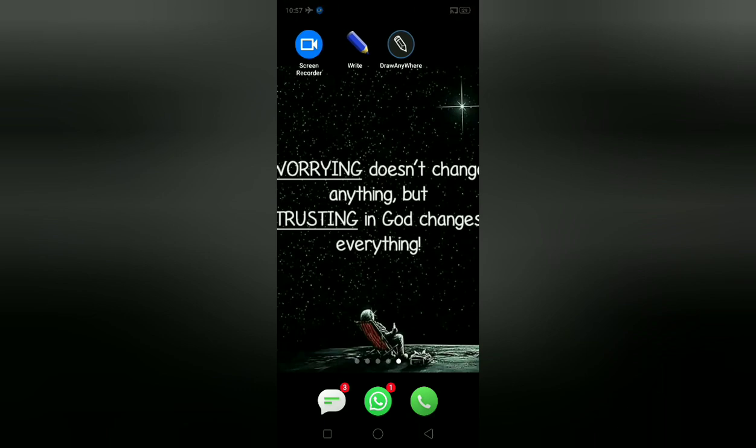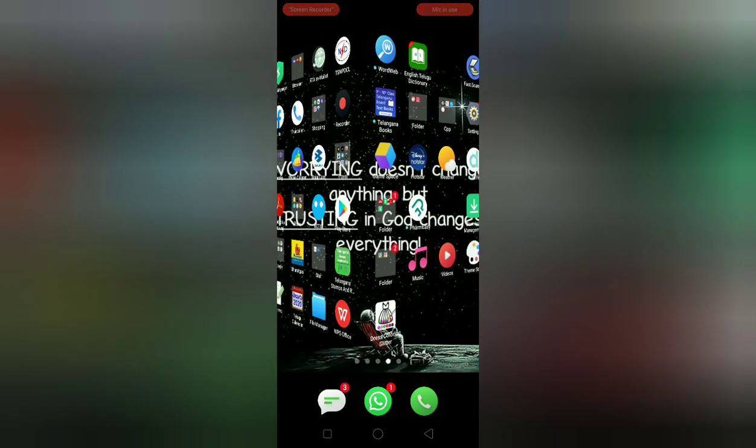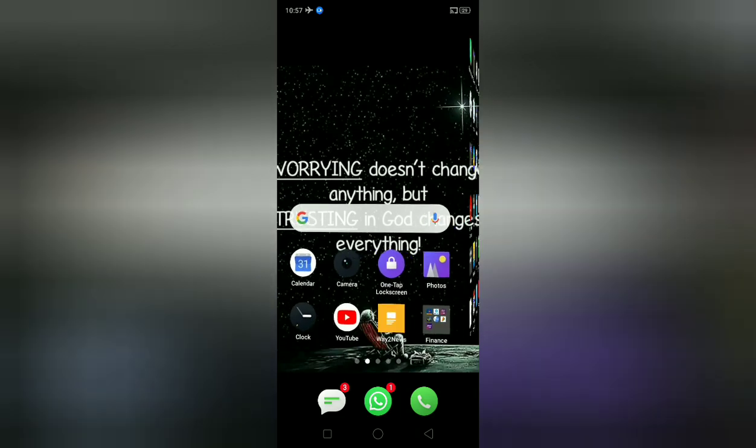Okay, just click over here. Again you will see video icon. Okay, so click on that video icon couple of times, then your mobile screen recording gets started. Okay, so you can slide from one app to another app very easily.